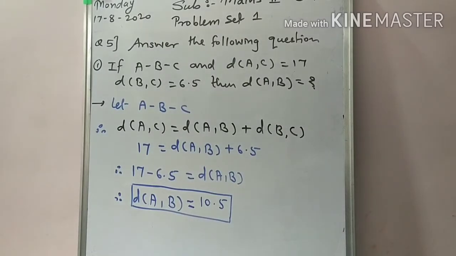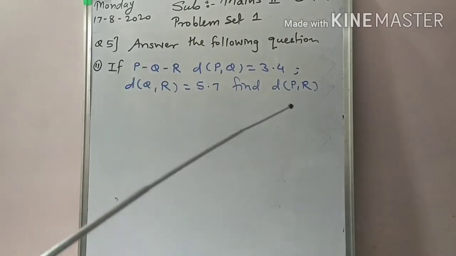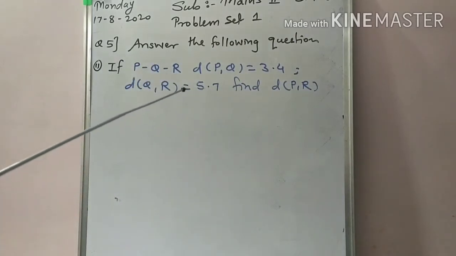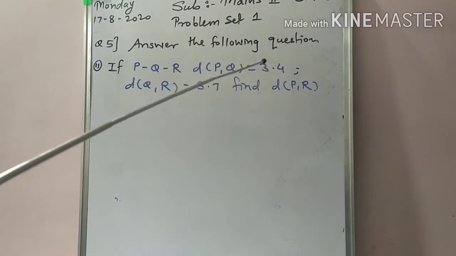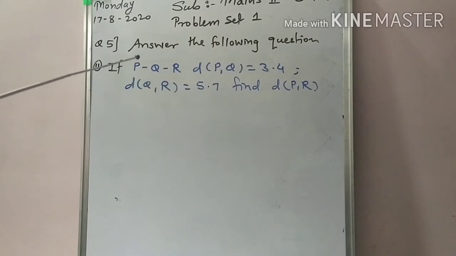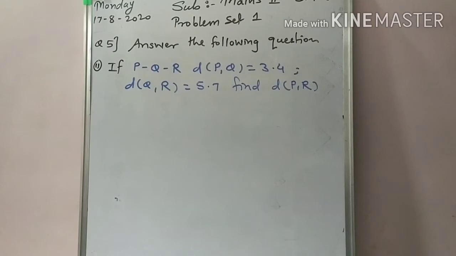Okay, so I'll just give a hint to solve this example. Second one, here also we find out what? The longest distance. The longest distance is distance PR. Okay, and that we have to find. So the addition property is what? The distance PR equal to distance PQ plus distance QR. Okay, means you have to add these two values, so that distance PR you're getting by the addition of these two numbers. So try it as your homework, students.